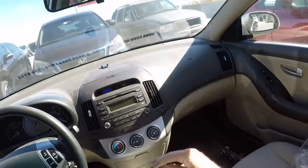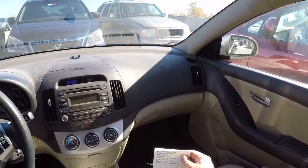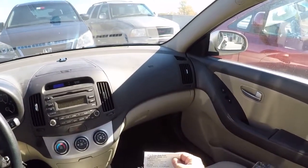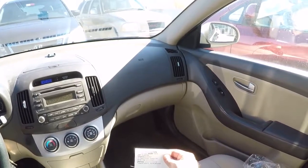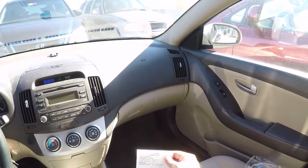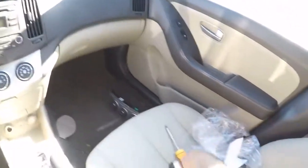Let's see, since this thing worked and it was correct, this came from Jerry Brown Auto Parts. Looks like their phone number is... nope, that's not it. There's too many numbers there. Jerry Brown Auto Parts, you didn't give your address or your phone number here. That's too bad. I would have liked to give you a shout out, because you sold me a good part after somebody else sold me a junk one. Anyway, that's that. All I have to do here is put my wife's trash back where it belongs